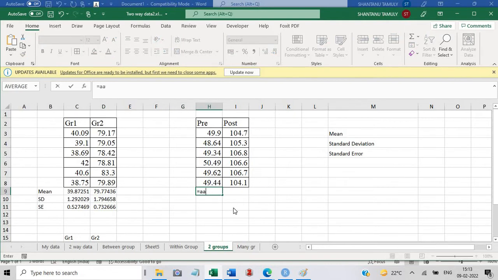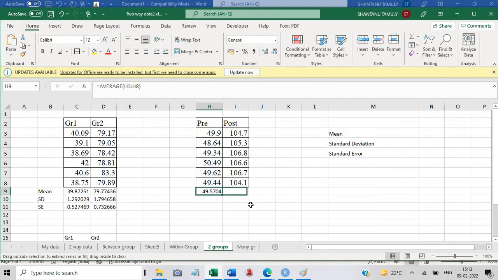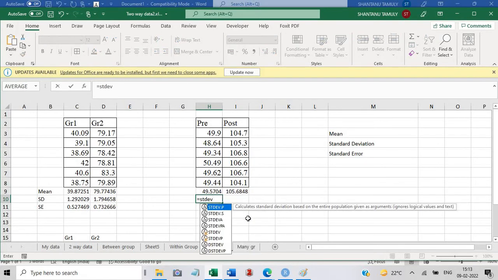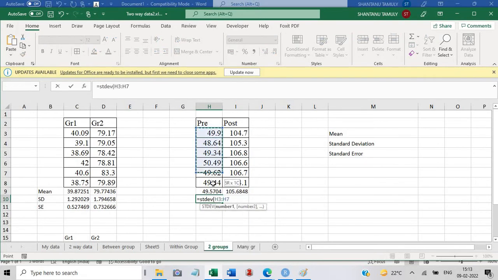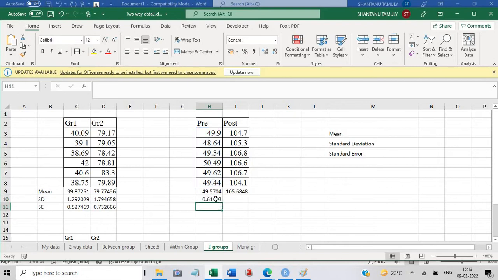Fine. The same thing for pre and post, we can do it here. Average, put a bracket, then select the values. This is the mean value of the post treatment. Standard deviation, STDEV, then select the values, press enter. This is the standard deviation.